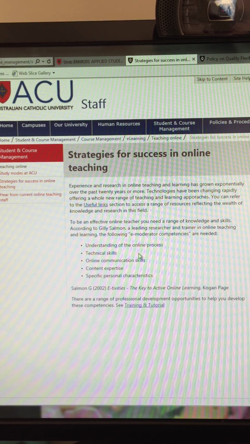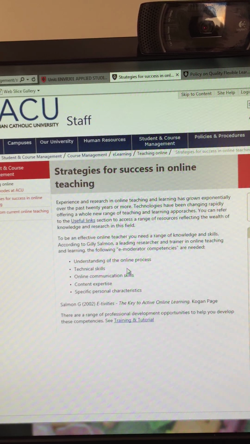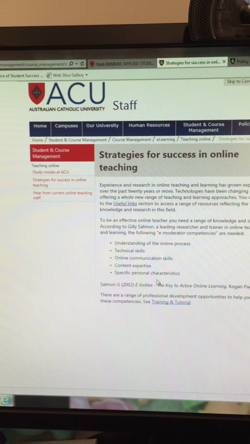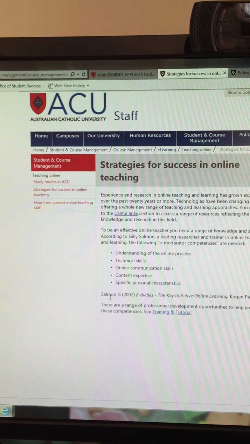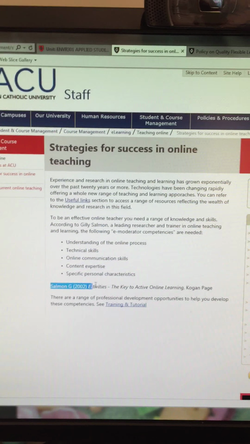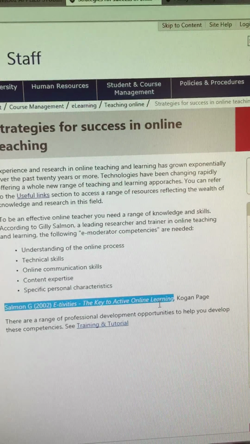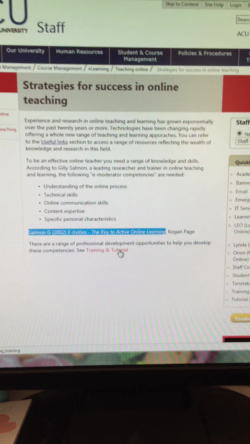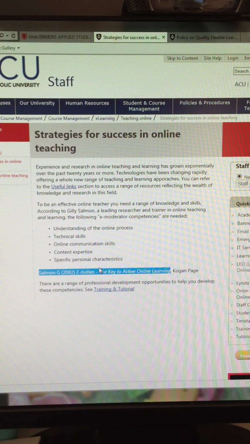So McIntyre 2008 and Schnackenberg, Luke, Neeson and Servant 2001 talk about that, and I think that's what the university is trying to do here, is to ensure that people are aware of why we're doing this. They refer to a publication, Salmond 2002, E-Activities, the Key to Active Online Learning. And this again also talks about the need to link things back to a pedagogy or to curriculum in order to deliver effectively using online learning.